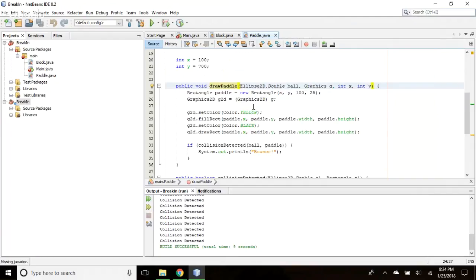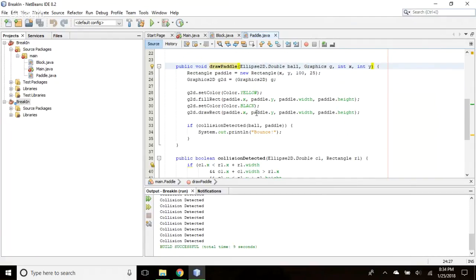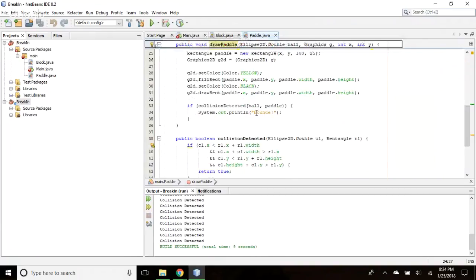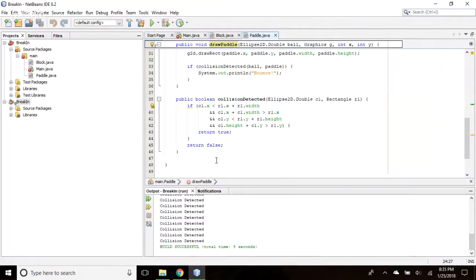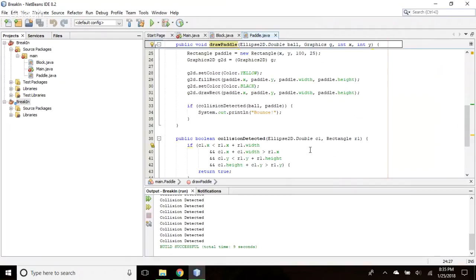Then we've got, so you're going to be passing in the ball, and then the graphics, which is basically access to the graphics on the screen, and then the X and Y, which is going to get from there. And then it's going to draw the rectangle, whatever, and then if the collision detected between the ball and the paddle, then it'll say it. I think that'll do it.